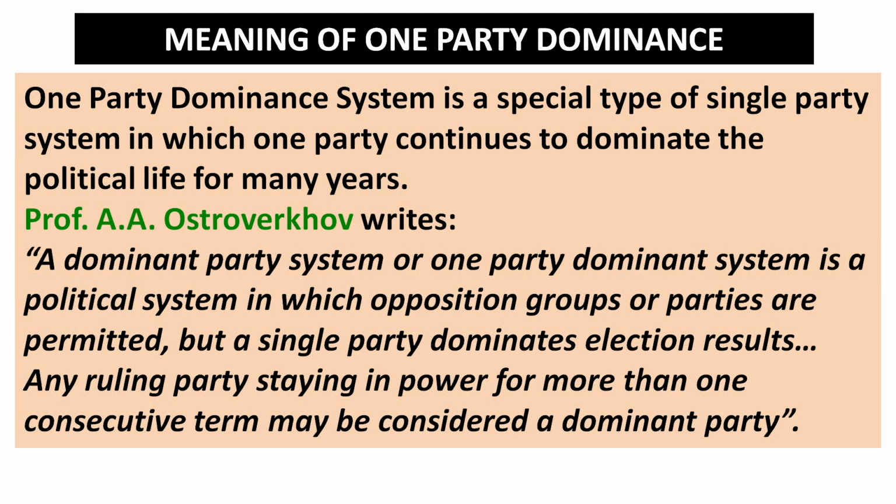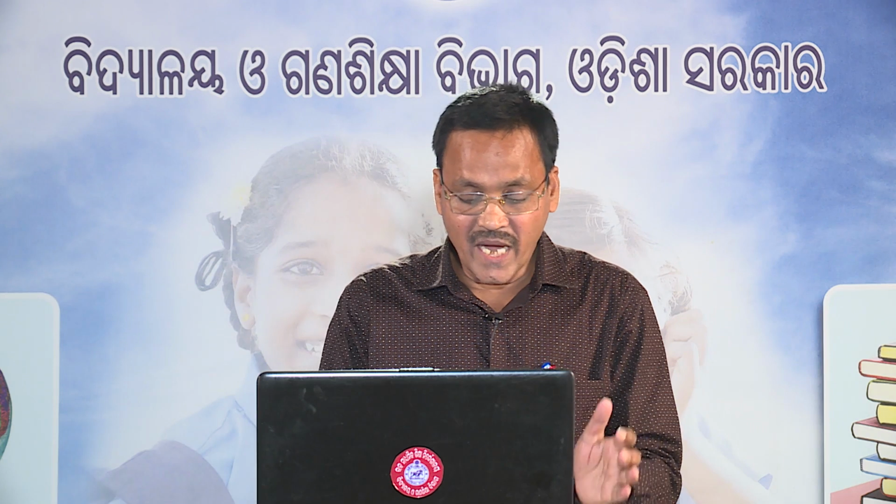Ostrogorski writes, a dominant party system or one party dominant system is a political system in which opposition groups or parties are permitted, but a single party dominates the election results. Any ruling party staying in power for more than one consecutive term may be considered a one party dominant. So far as the biparty system is concerned, we find a political system which contains two major